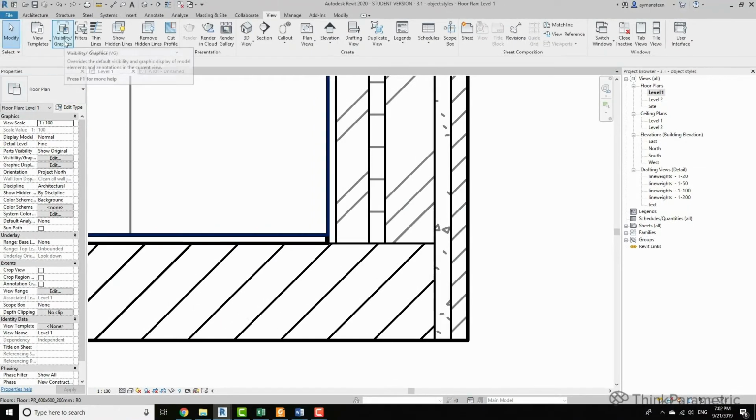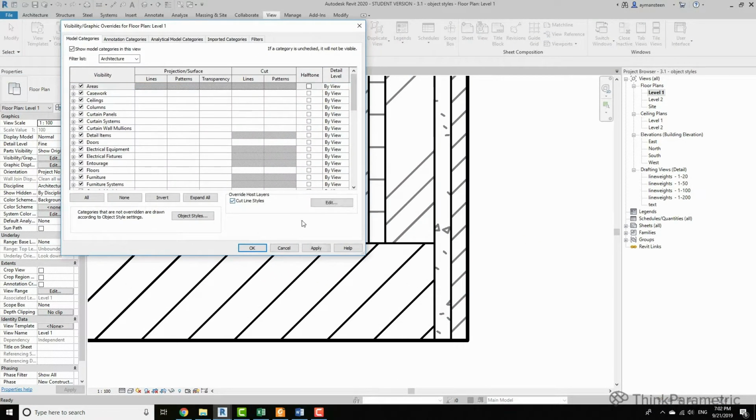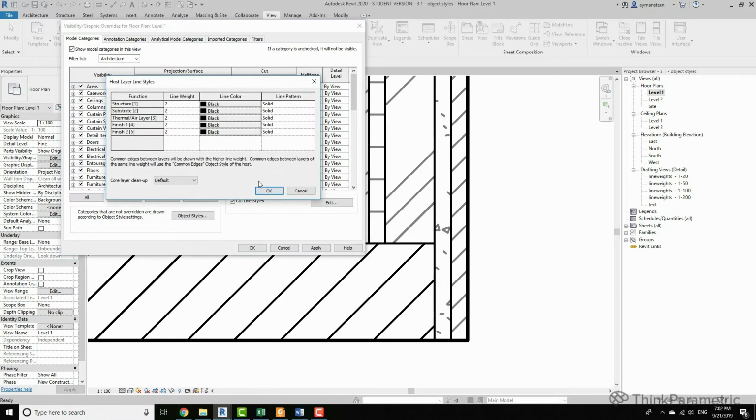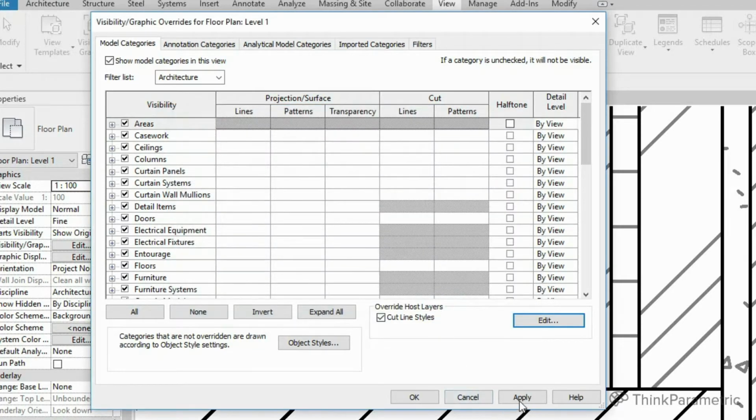To be able to change the settings, we want to go to visibility graphics and check this box, cut line styles, and edit the functions inside with their line weights, colors, and patterns. In our template, we want to have a hierarchy between different functions, so the numbers will be 6 for structure, 5 for substrate, 1 for insulation, 4 for finish 1, and 2 for finish 2.